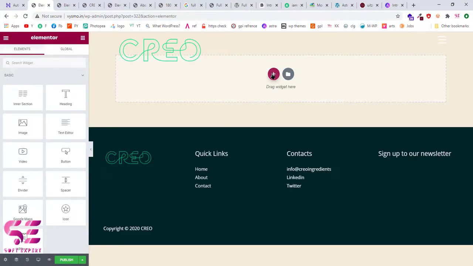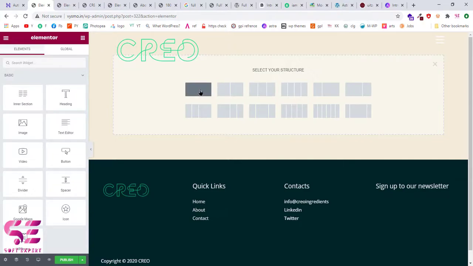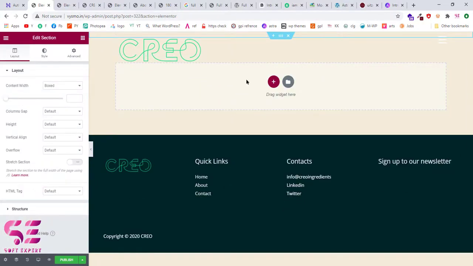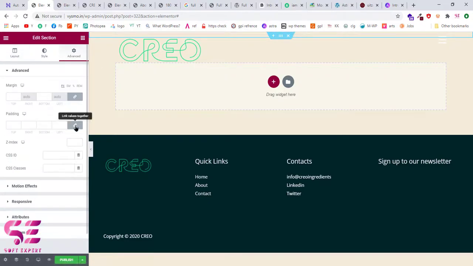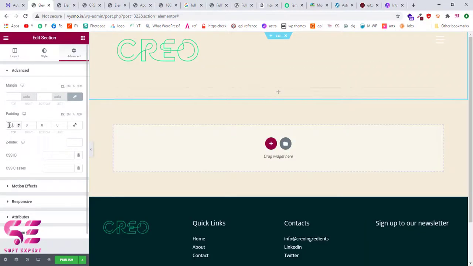Now create a simple layout here. So I am creating this structure. I am giving this some padding so that you can see it easily, or margin.